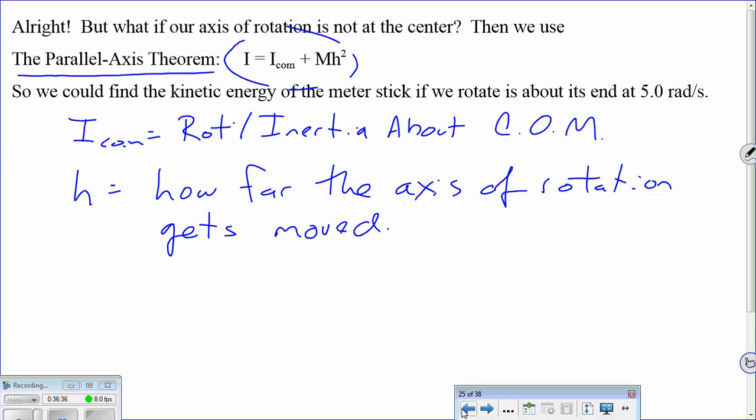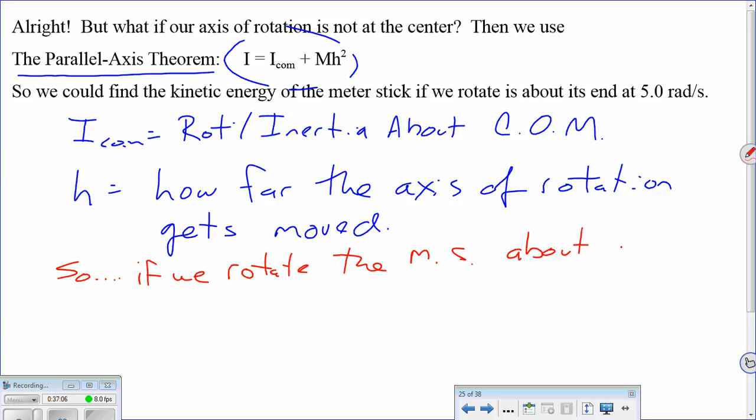All right, so now, what if our axis of rotation isn't at the center? What if the axis of rotation is at the end? Well, then we need to calculate our new rotational inertia, because the rotational inertia doesn't just depend on the object, it depends on the axis of rotation. So we use our parallel axis theorem. So if we rotate the meter stick about its end,